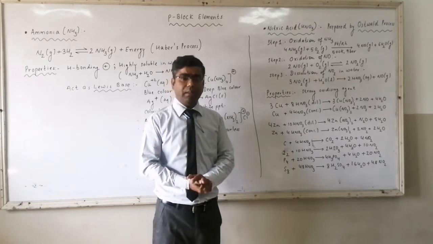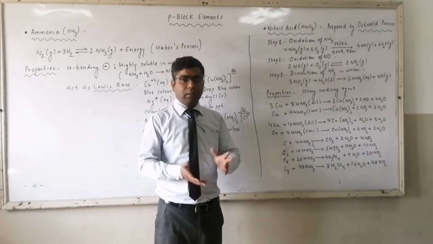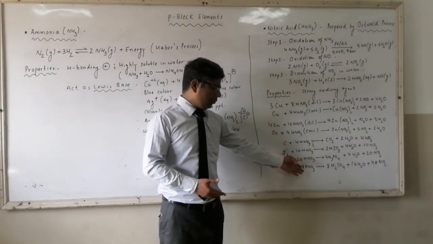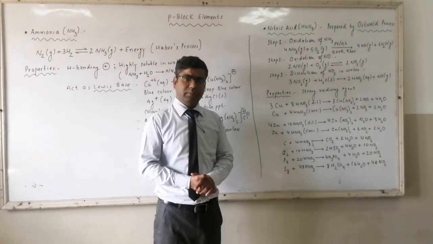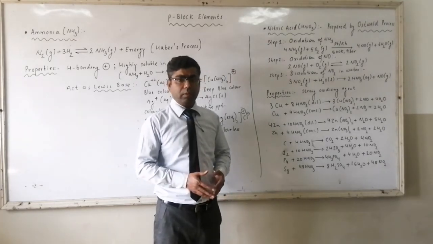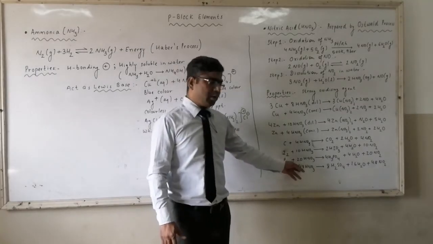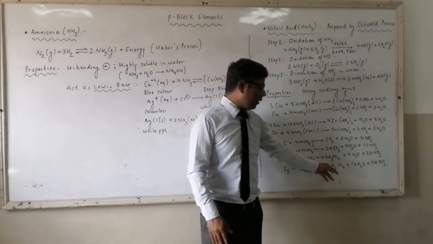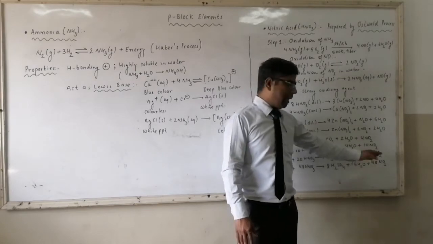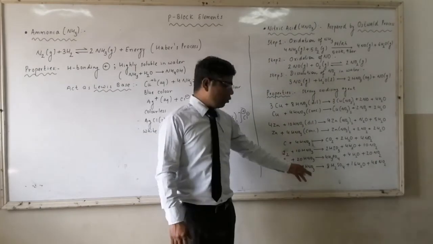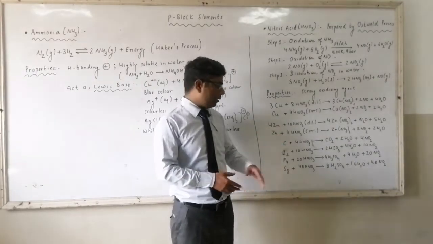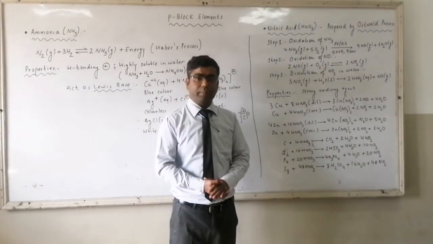Otherwise, the hit and trial method is not applicable, because reaching up to 48 is really difficult and time consuming. So sulfur with 48 HNO3 gives you the oxoacid of sulfur, that is sulfuric acid H2SO4, and water and NO2. Here HNO3 used is 48. So according to this number we can balance the product side.